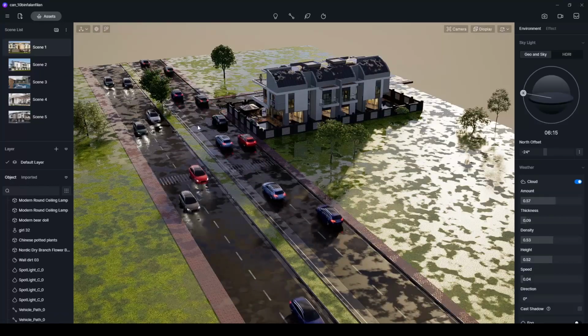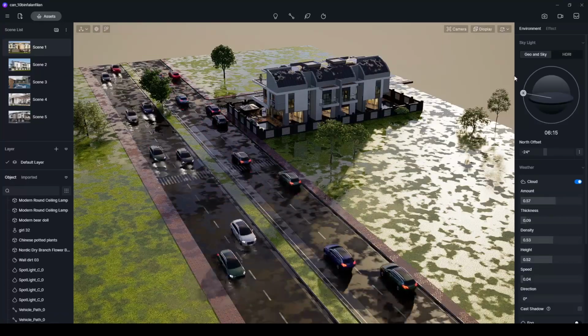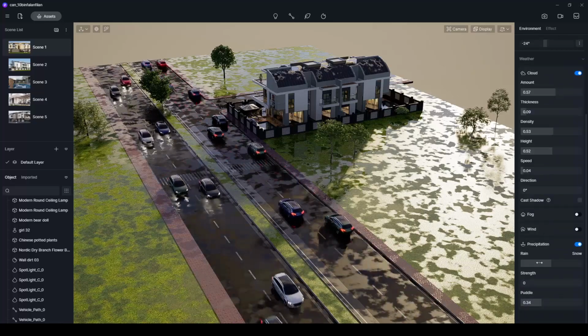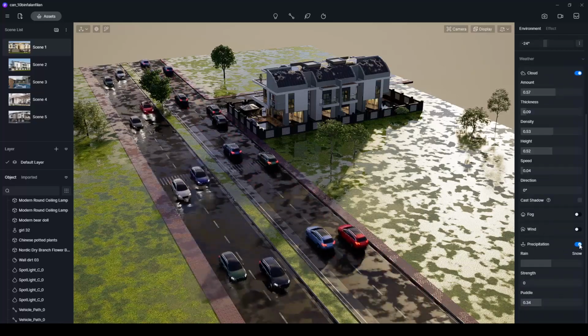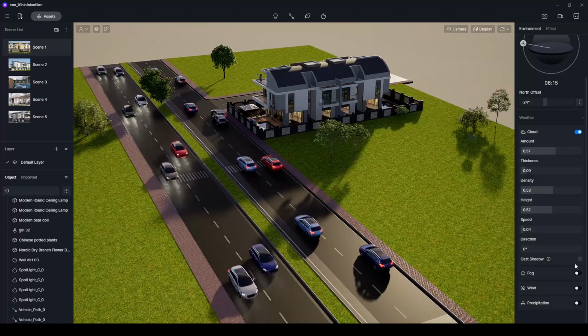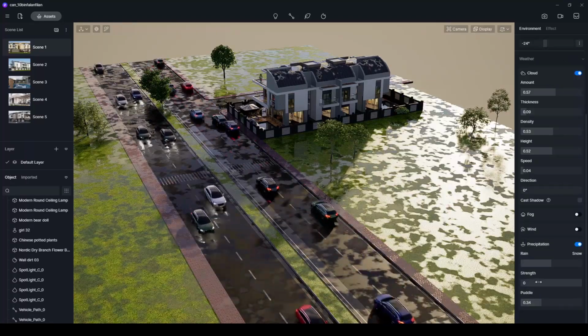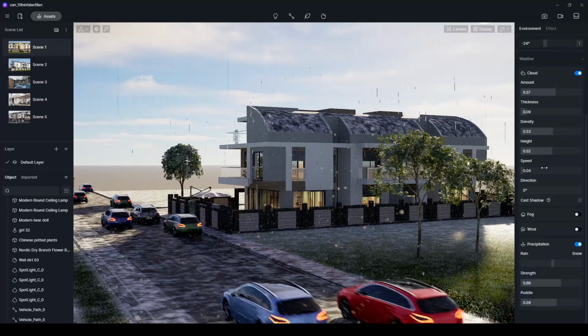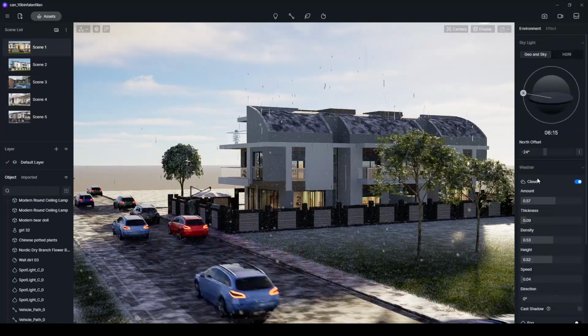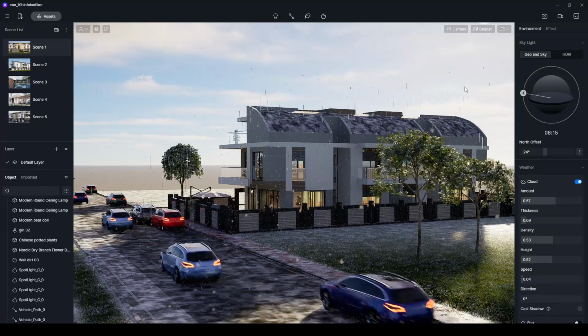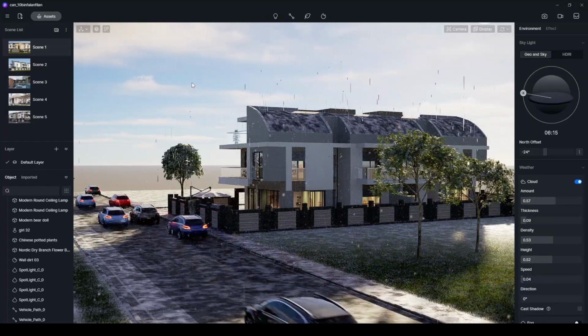You already know the raining effect from the environment. If we go to the bottom of the window, we can see precipitation. We can turn it on or off. You can see the differences. We can decide rain or snow. We have a very nice winter scene effect now. By the way, since it is a winter scene, we don't need a sun and we need more clouds.